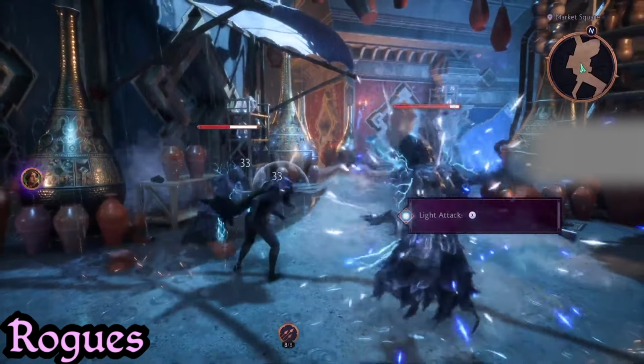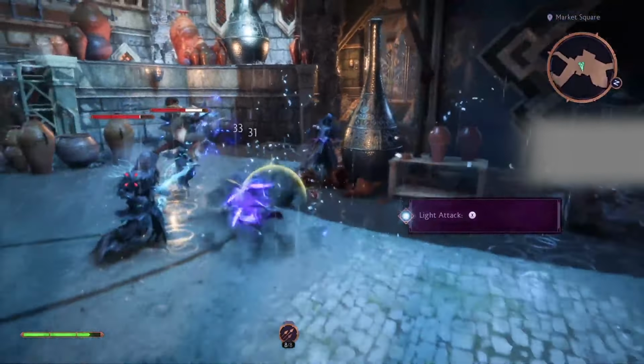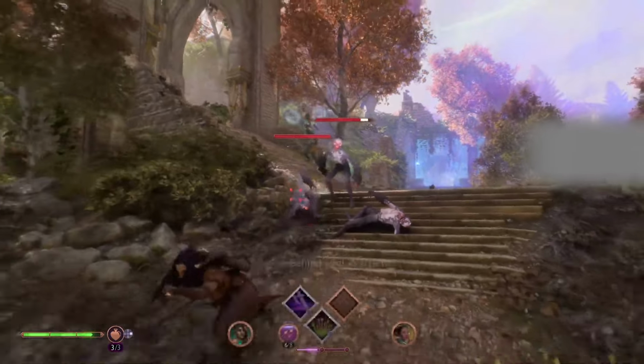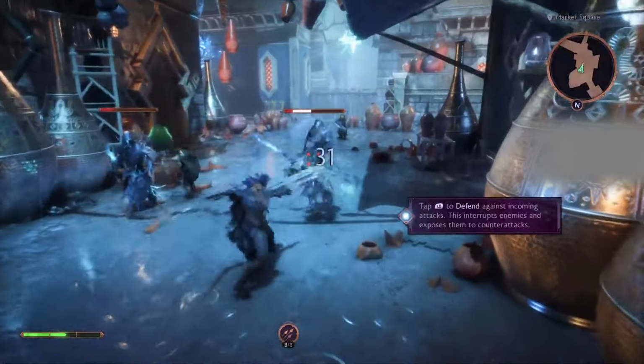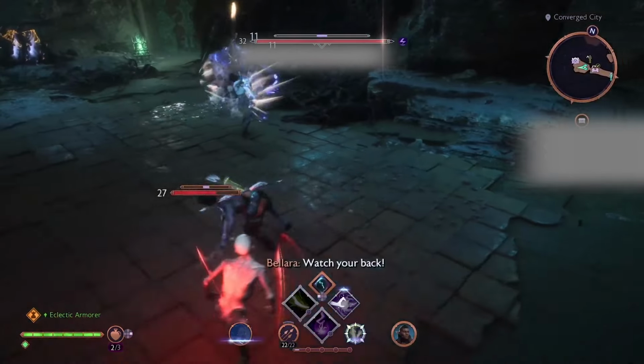Next up, we have your rogues. Of course, your agile fighters who use mobility, cunning, and precision to deliver lethal strikes. Whether you prefer engaging in close combat with dual blades or attacking from a distance with a bow, rogues excel